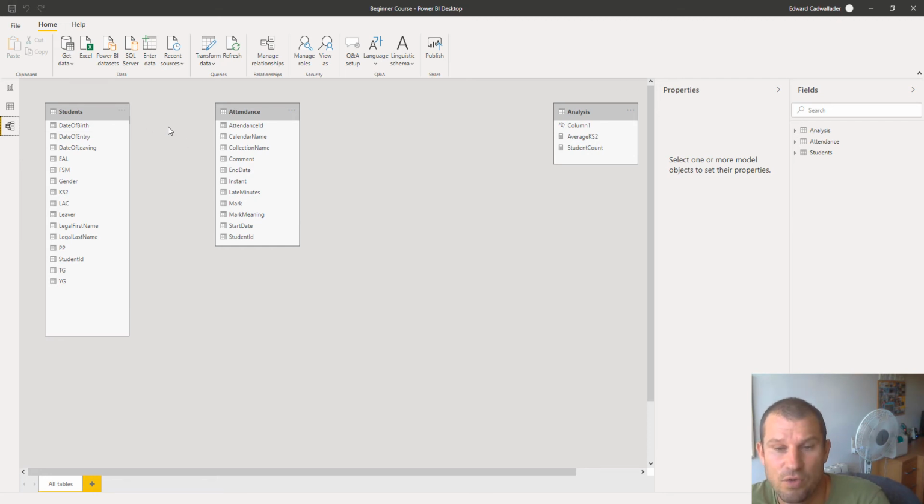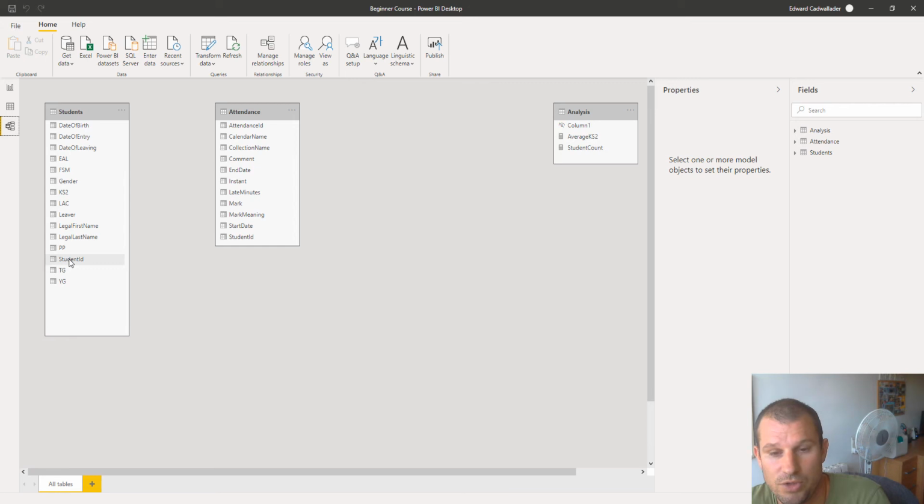And as you can see, I've got two tables here, students and attendance. In my students table, I've got a field, student ID, which is in this case a number, could be numbers or letters, but it's a code that uniquely identifies the students on this table. And we call that the primary key of this table. There's only one